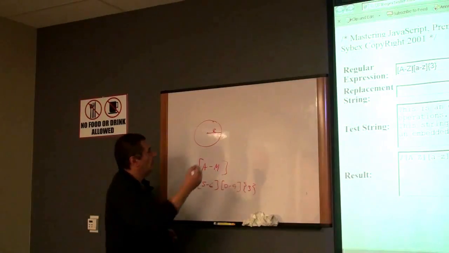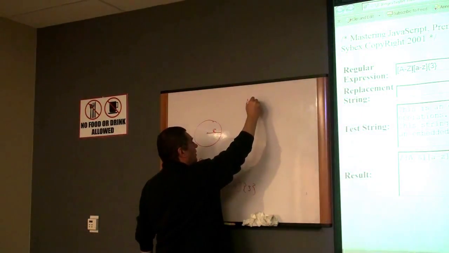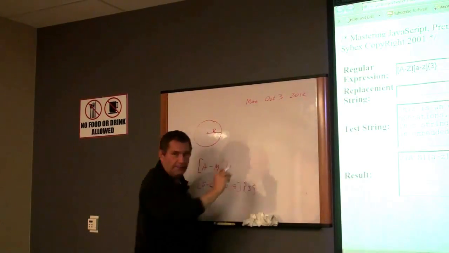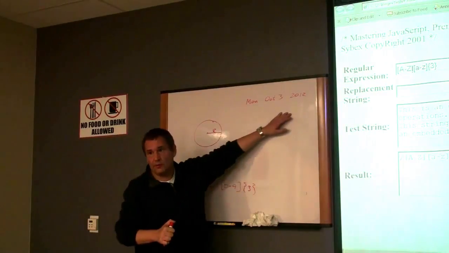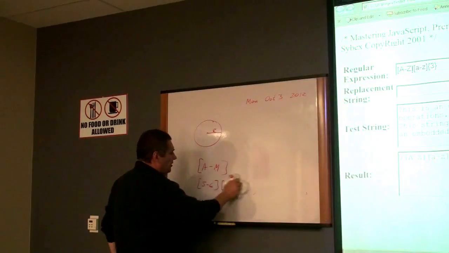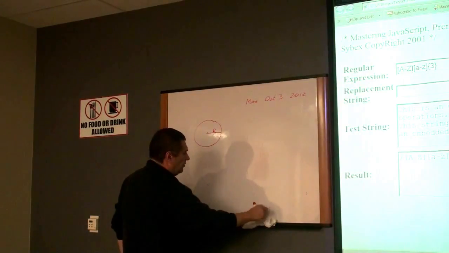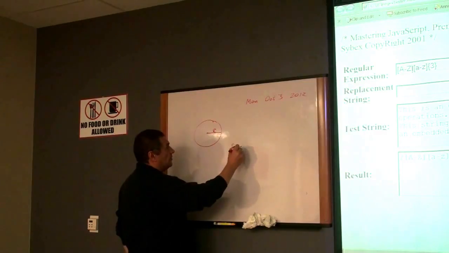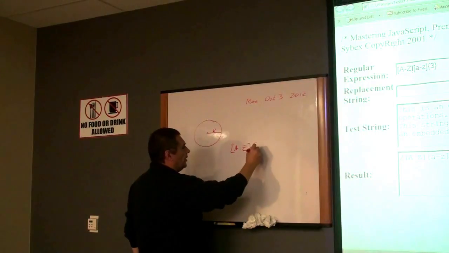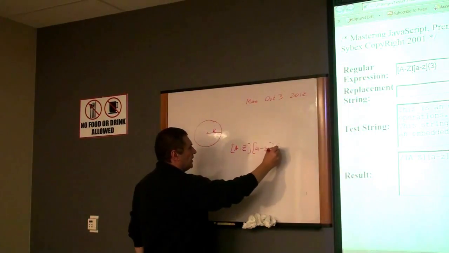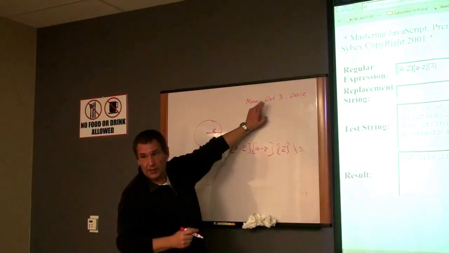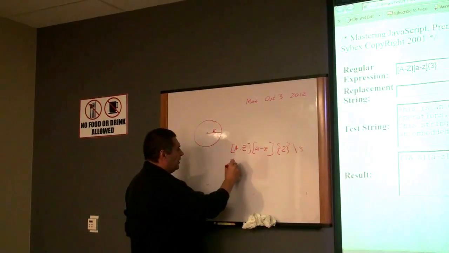Let's assume you have it in the following format, for example, Monday, October 3rd, 2012. Let's assume the date comes in this format. Then the regular expression for this will be the following. You have one capitalized letter, followed by A to Z exactly 2 times, which is followed by a space, because there should be a space, and then followed by one capital A to Z character,